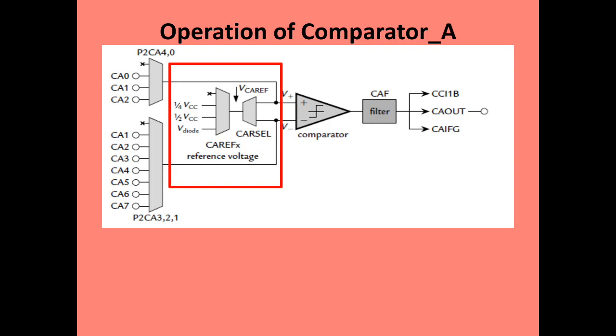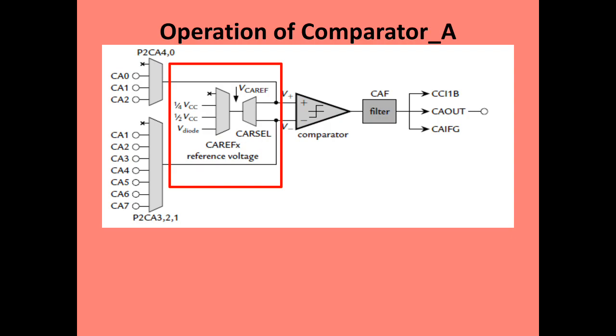These 3 different voltages are going to be used as references to select one of the inputs as the output of this 4-to-1 mux. We are using a 4-to-1 selector. In this selector, the first terminal is not providing a connection. The next 3 terminals are connected to 1/4 of VCC, half of VCC, and the fixed voltage, that is V diode. And this mux provides one voltage as a reference voltage.